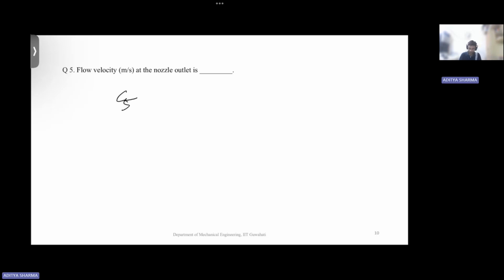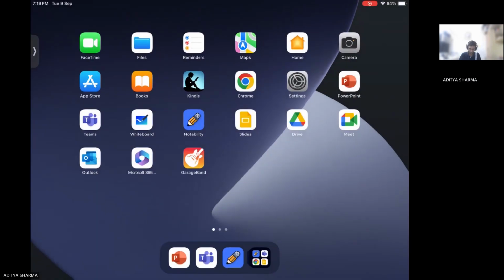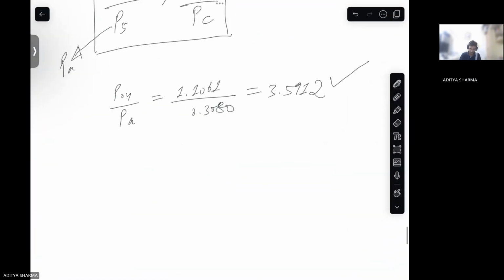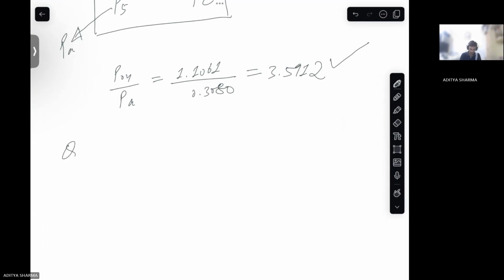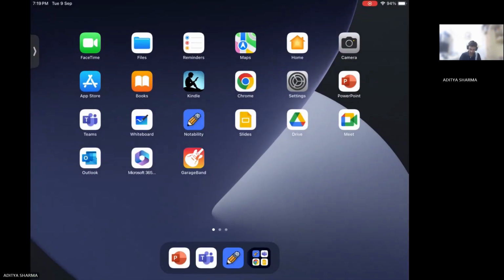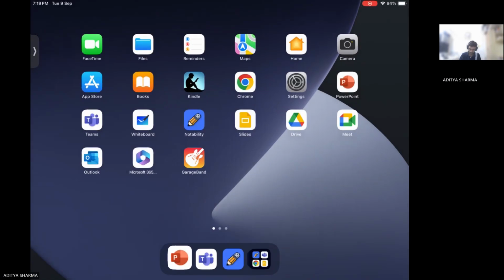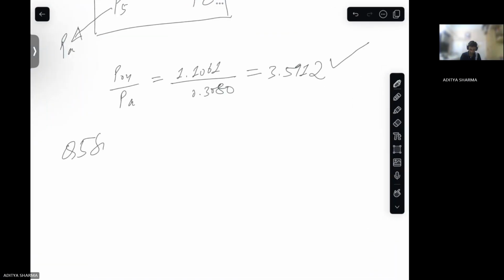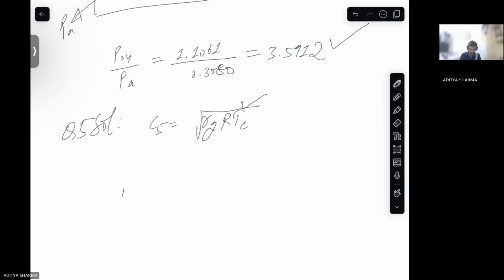So it's just C5. Question number 5. So C5 basically is this. Here we need to find out TC. So T5 is equal to TC is equal to